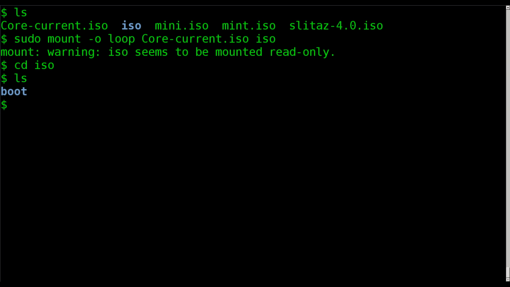We'll go into that folder, and again, with Tiny Core, in the root directory of the ISO there's only one directory, one folder. There are no files. So we'll go into that boot folder and list out what's in there. And there are 2 files and a folder. And what these are,